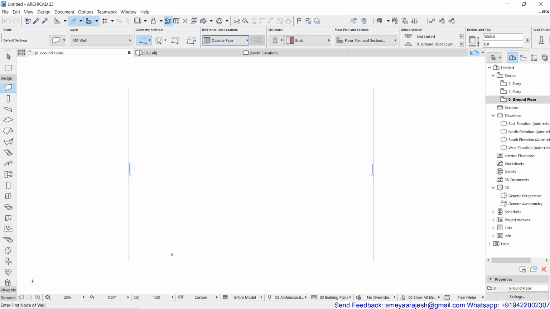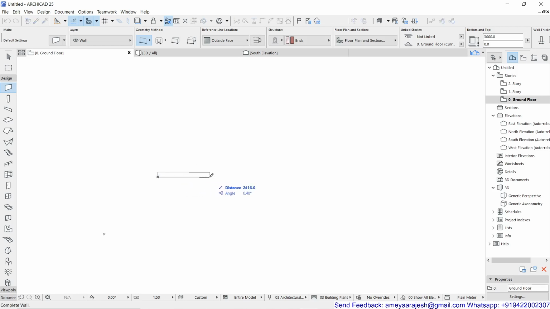Now, if you read the lower left corner of your screen, it is written enter first node of wall. So what you have to do, we are going to recollect our previous design, and maybe the living room which you have started, which was supposed to be 4500 millimeter by 5 meter or something like that. So we'll try to recollect the same thing, or any other such room we'll consider, and we'll start drafting one by one, step by step. So enter the first node of wall. I'm just going to pick one point as per my choice, you don't essentially have to pick exactly the origin. You can pick one point as per your choice.